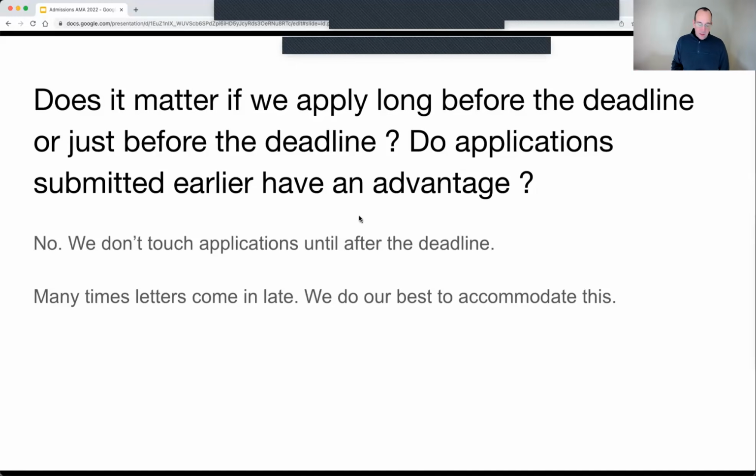So we will note that in your review, and when faculty look at it, they will see that a letter was missing when the review was written, and they will go back and look at the application to see if the letter is there. So if your letter is a couple days late, it's going to be fine. Please tell your letter writers to be on time. It's kind of a pain, but I don't want you stressing out that if your letter isn't there the day of the deadline or the day after, you won't be reviewed or we'll throw out your application or anything like that. We absolutely don't do that.